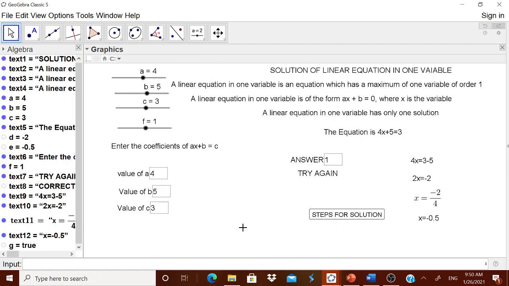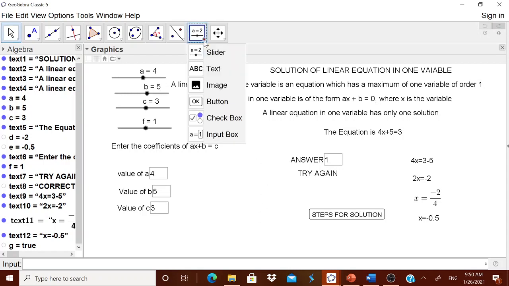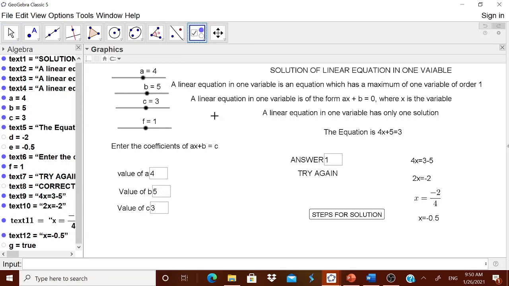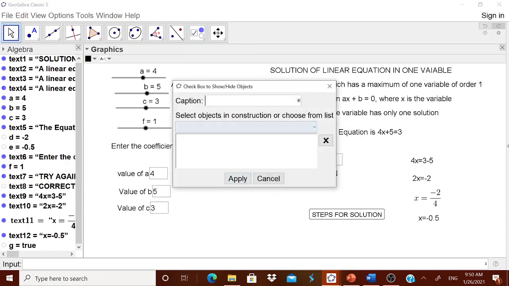Now what I want to do is control the whole problem. I don't want the answer to be shown, everything. Therefore I am going for one more checkbox, the checkbox for values. What are the values?